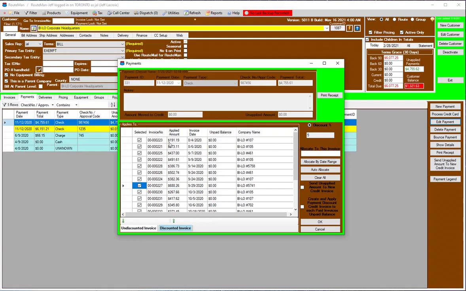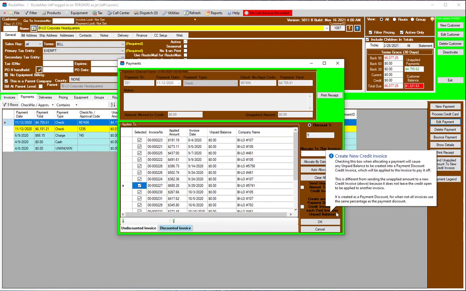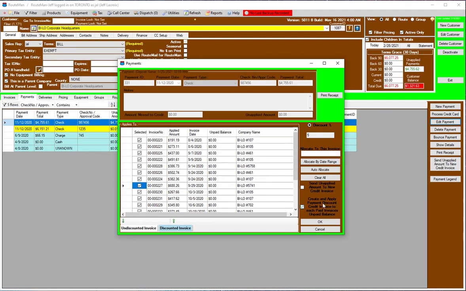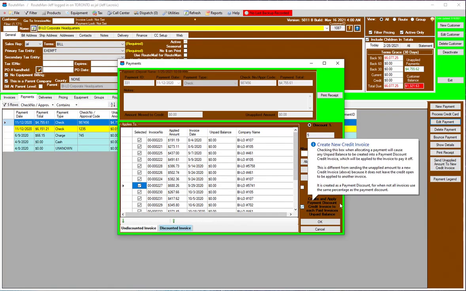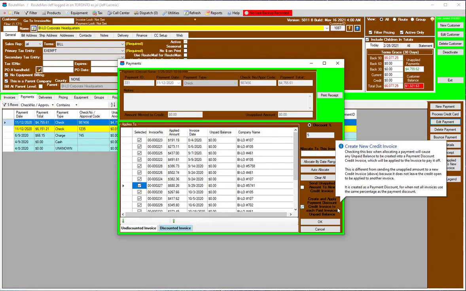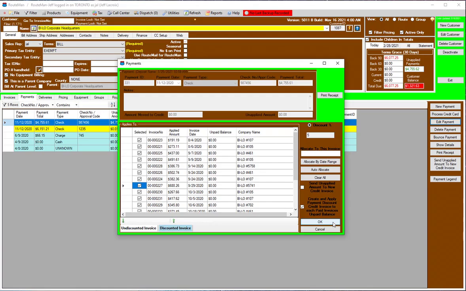Okay, now all of these invoices are going to be marked as paid, and then I want to make sure I click this selection right here. Okay, I've checked it. Create and apply payment discount credit invoice to each paid invoice's unpaid balance. Okay, so what that's doing is creating that small invoice that's going to make up the difference between what I charged and what I got paid. Now that I'm done, I'm going to hit OK,